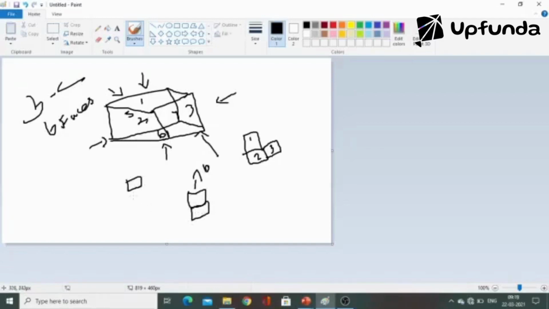If you place 2 cubes like this, the 6th face of the first cube and the first face of the second cube will be attached. So these two faces he does not want to paint. Then if he attaches again a third cube, like this one, this side face of the second cube,